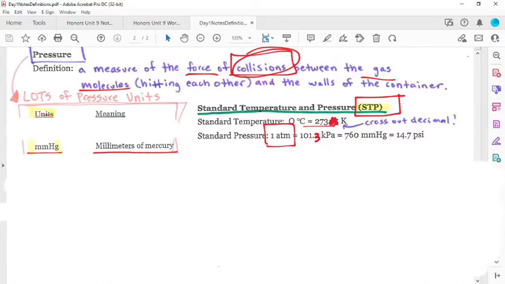Those are those itty-bitty little lines on our rulers. They're teeny tiny, and rulers measure distance, not pressure. So it doesn't seem like it'd be a pressure unit, and it kind of confuses a lot of people when they see it. But where that comes from, I've made a little space here just to kind of show you,